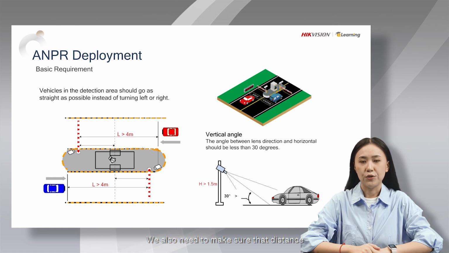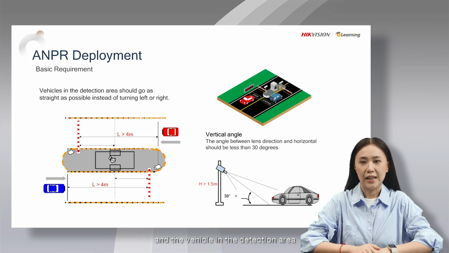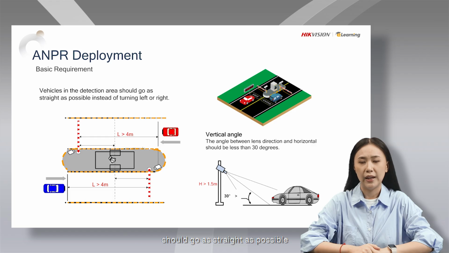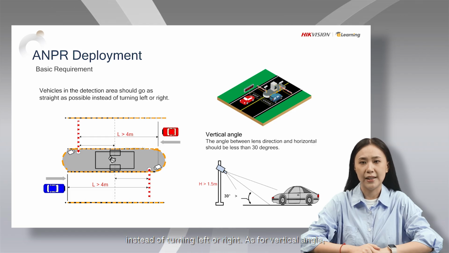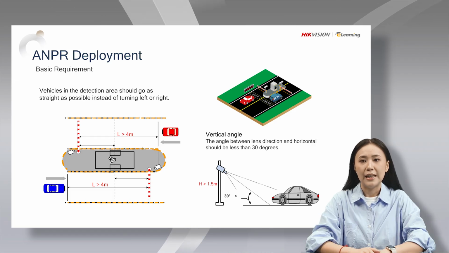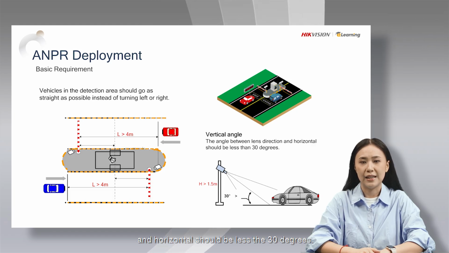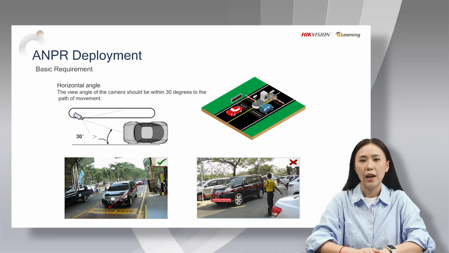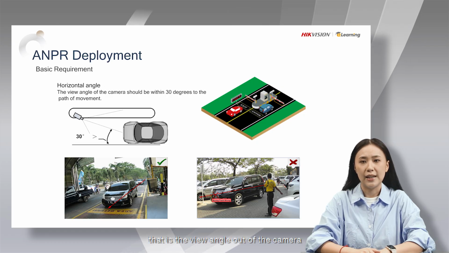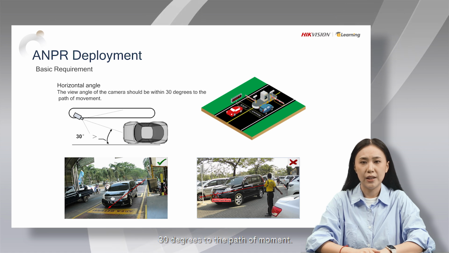We also need to make sure the distance from the detection line to the ANPR cameras is longer than 4 meters, and the vehicle in the detection area should go as straight as possible instead of turning left or right. As for the vertical angle, that is the angle between the lens direction and the horizontal, it should be less than 30 degrees. And the horizontal angle, that is the view angle of the camera, should be within 30 degrees to the path